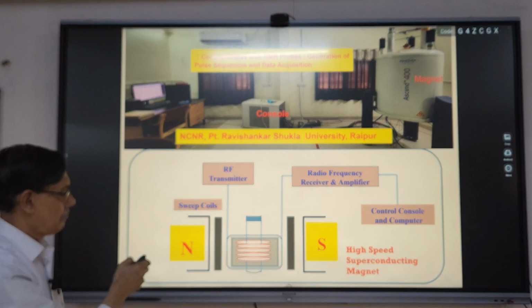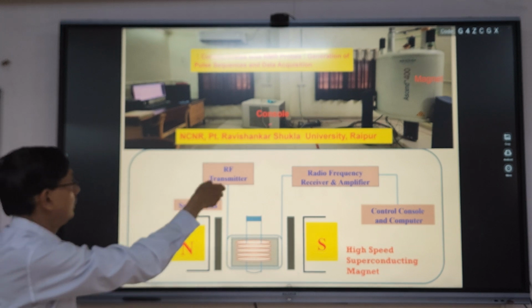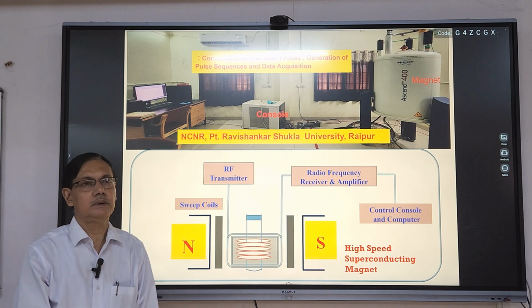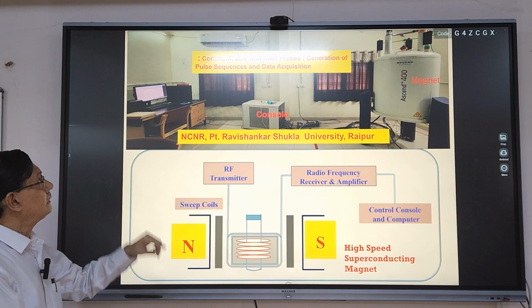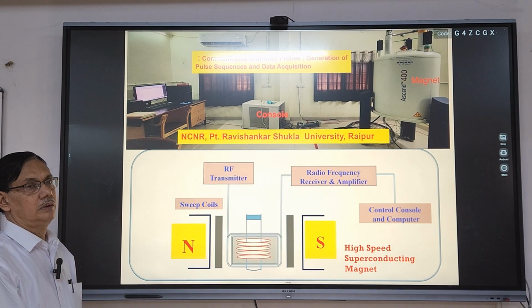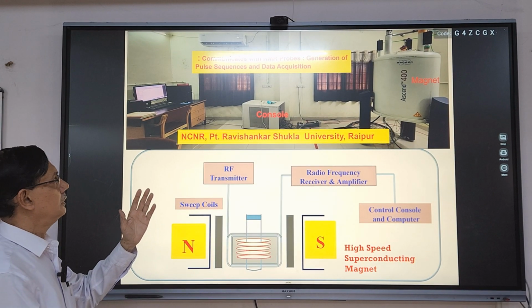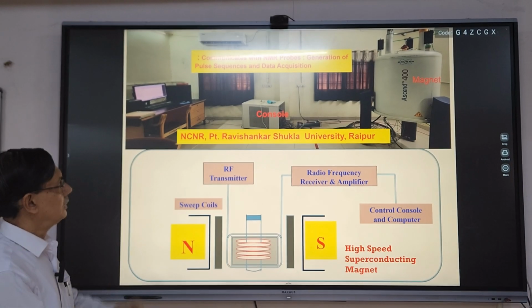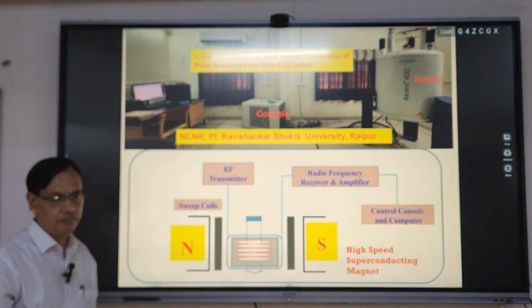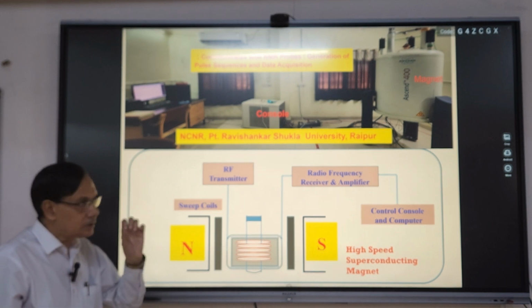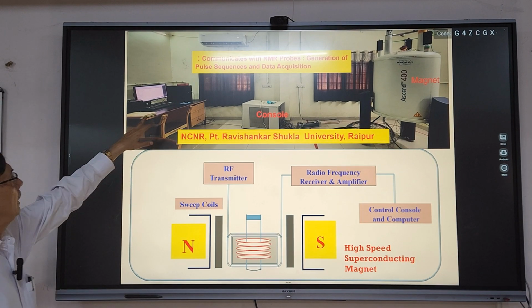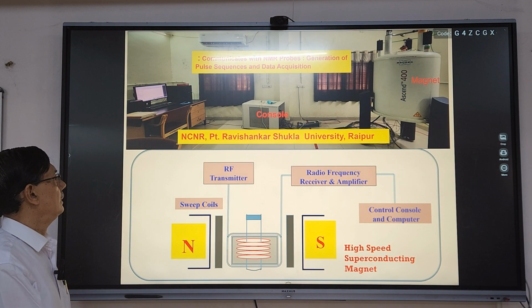You can call it a control unit, and it communicates with the NMR probe. The role of that console is the generation of pulse sequences and acquisition of data, manipulation and other things. And now everything is controlled by that